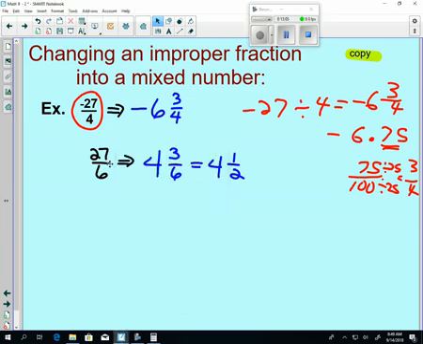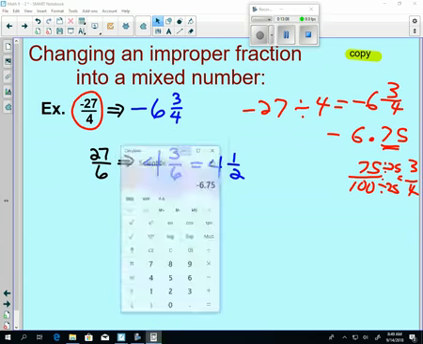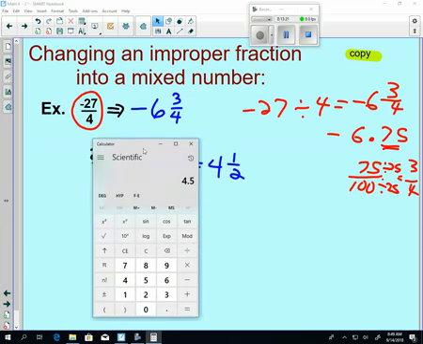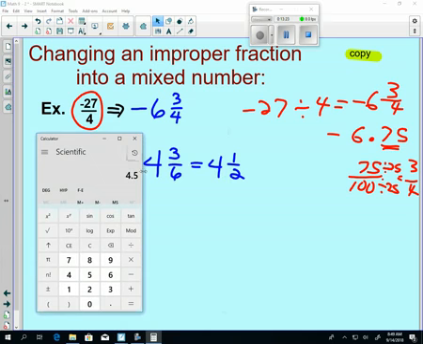27 over 6, same idea, put it in your calculator, 27. This time we're dividing by a positive number, so we don't have to change it. 6 equals, and our answer is 4.5. Now remember, 4.5